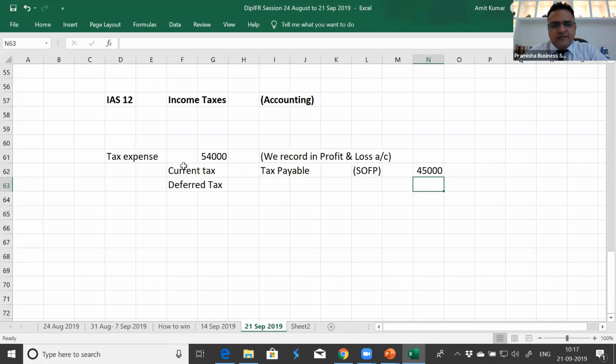What about the balance? Shall we ignore it and also record 45,000 in our books? According to our accounting principles, the tax which we were supposed to pay was 54,000, but the counterparty, the tax authorities, only demanded 45,000 from us this year. Shall we ignore the fact and record 45,000 since they're demanding 45,000? What shall we do?